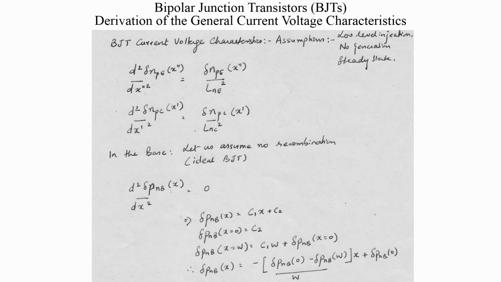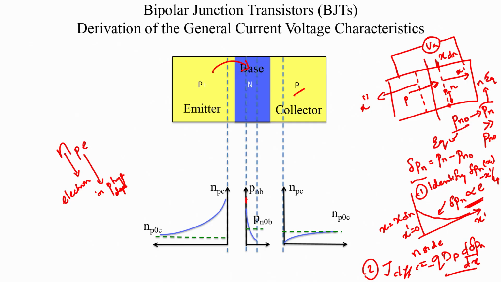Now before we do that, one thing which I have not marked out here is the coordinate system. So you can see three different coordinate systems. This coordinate system I will just call x, which means x equal to 0 is defined at this depletion boundary. The depletion boundary due to the base emitter junction, and the depletion boundary which is sitting in the base, very specific. So that is my x equal to 0 point. And if I am correct, this coordinate system is defined as x dash. I would like to call x dash equal to 0 this point here, and this coordinate system is x double dash, with x double dash pointing in the opposite direction, and with x double dash equal to 0